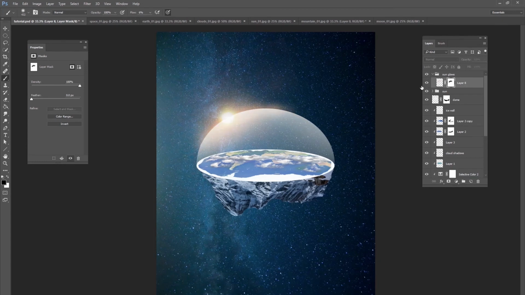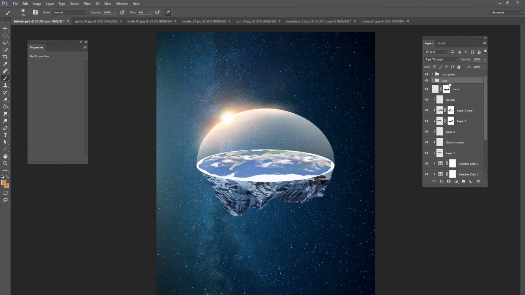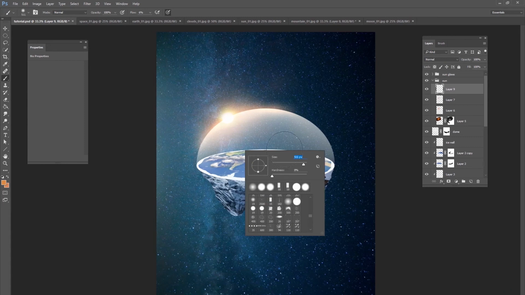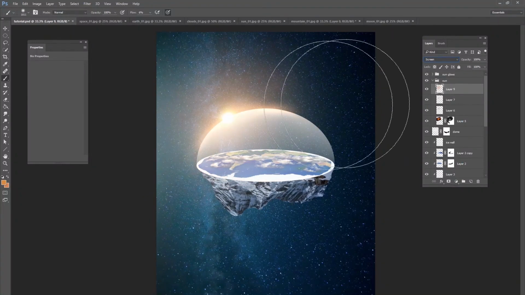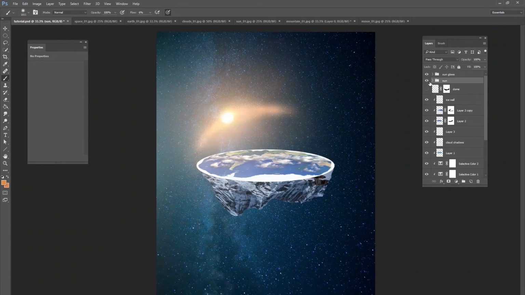Okay, so there's a little bit of amplified glows there, so I think that's fine. And let me add one more glow to our sun. Nice and large like this. Large orange, and change that to screen, and that's good right there. Okay, so just one extra glow on our sun group there. So here's our sun, and then here's our glows. So this is good for our sun element of the picture, but now let's work on the moon part of